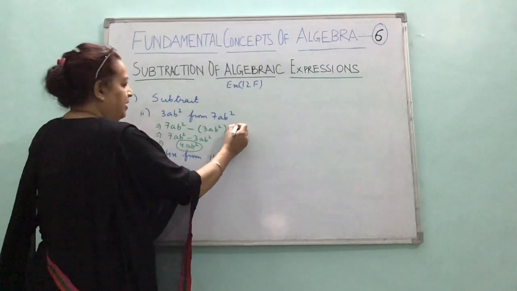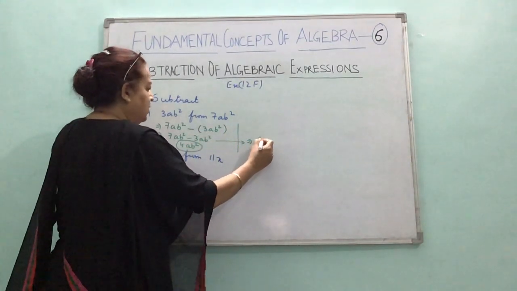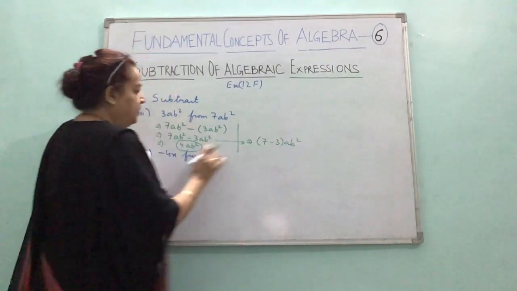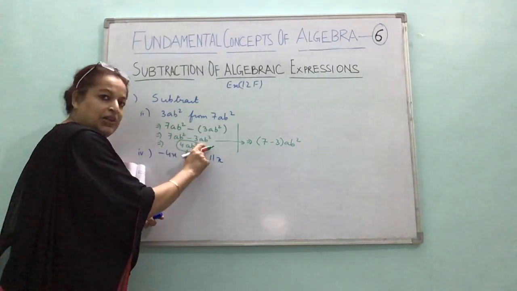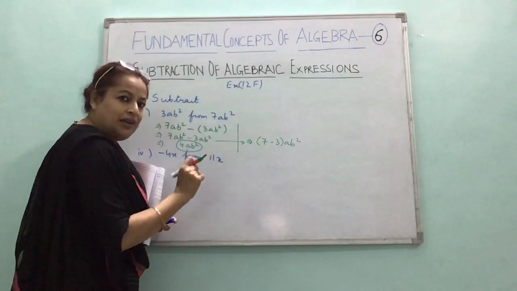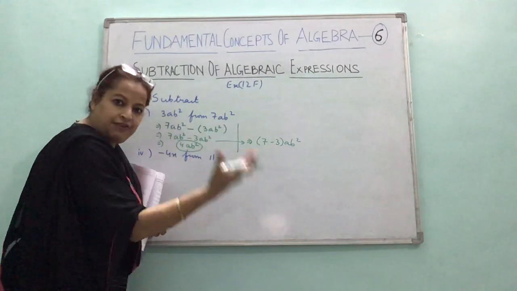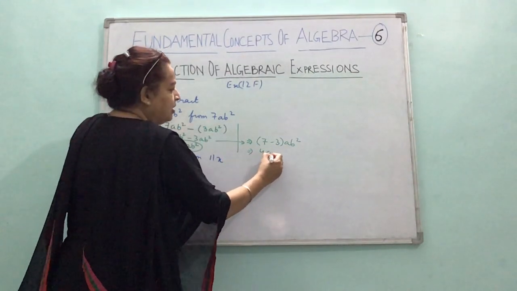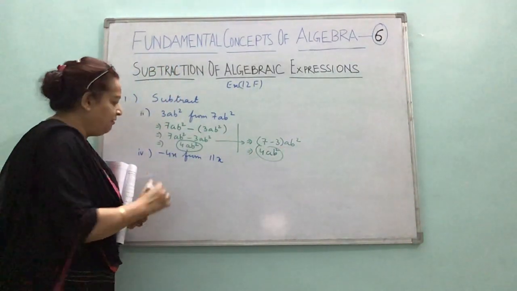If you have any difficulty in this step, you can put it in brackets also. As I told you earlier in my previous video, if you have any difficulty in subtraction or addition, you can put the numerical coefficient in the bracket, and the literal coefficient, that's the alphabet part, outside it. And then just like integer rules, you can get your answer. Right children? Same way here.